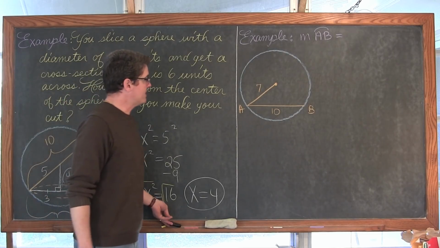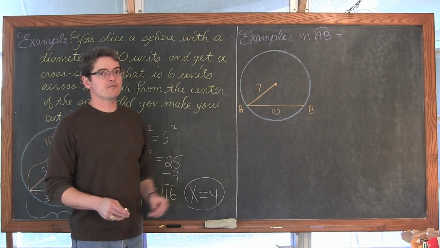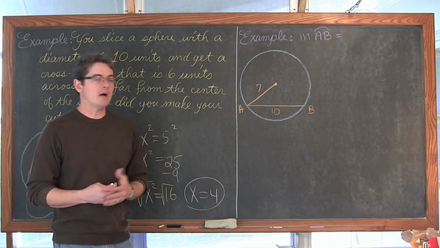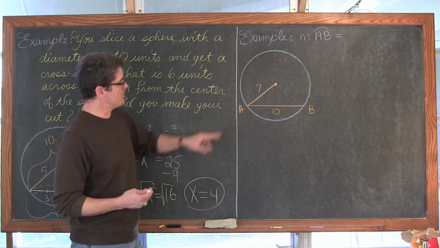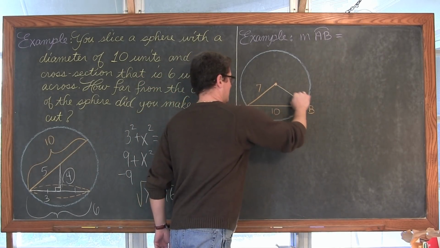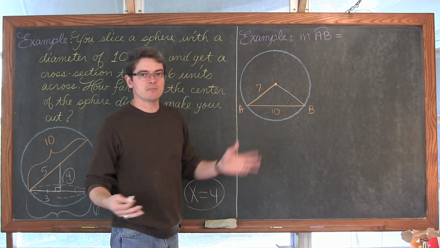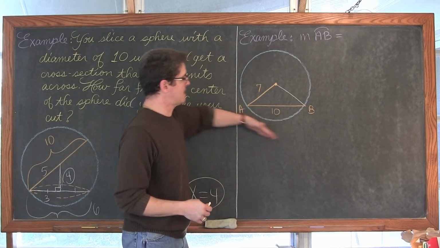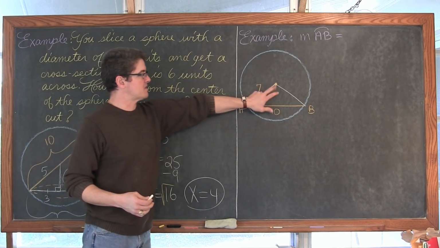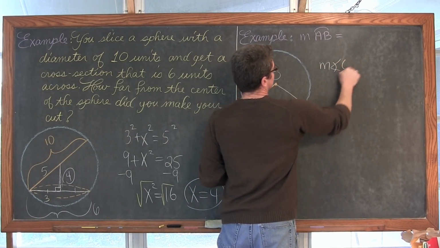For our next example, we have a circle with a radius of 7 and a chord length of 10, and I want to use that information to find the measure of arc AB. Okay, well, how am I going to do that? Well, remember that your central angle is going to have the same measurement as your arc. So if I find the measure of the central angle and find out maybe it's 80 degrees or something, we'll find out what the answer is in a second, then that is going to be the same as the measure of arc AB. So really, I'm actually needing to find the measure of the central angle. So let's just say we put an O here, and we're going to find the measure of angle O.